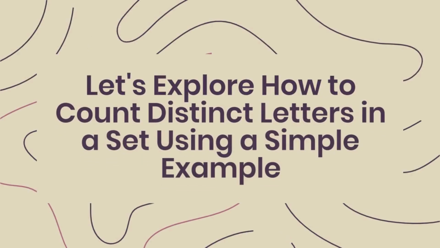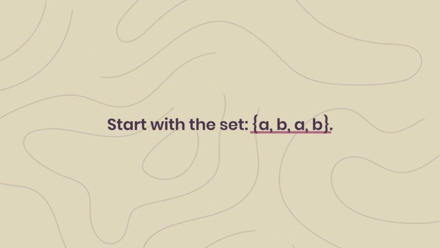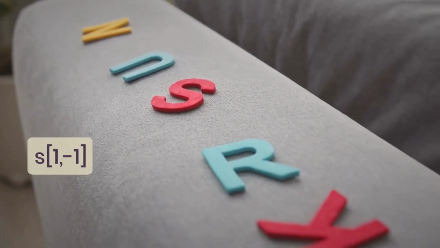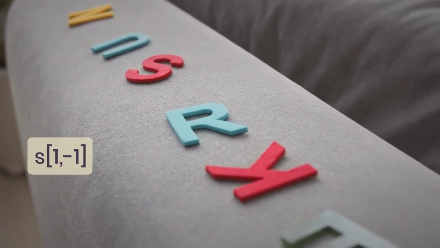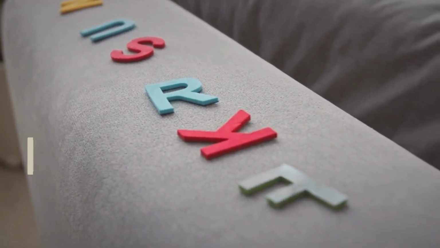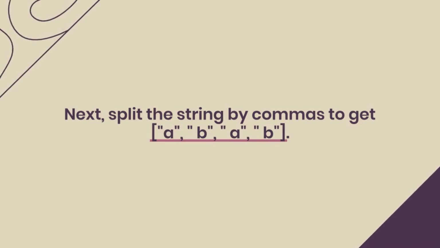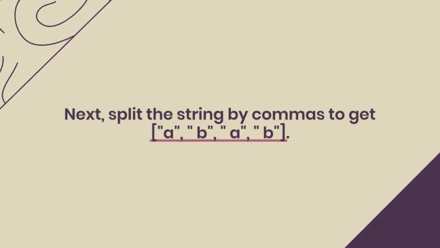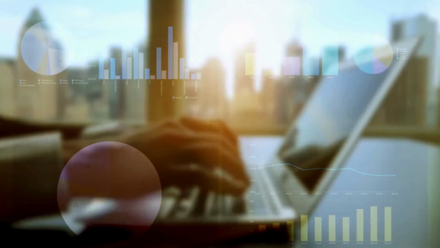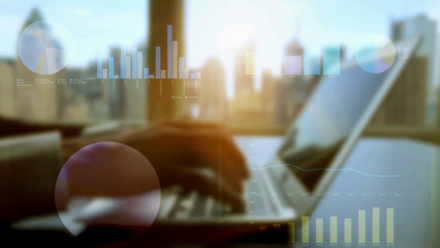Let's explore how to count distinct letters in a set using a simple example. Start with the set {A, B, A, B}. First, remove the brackets using slicing [1:-1], resulting in A, B, A, B. Next, split the string by commas to get A, B, A, B. Use .strip to remove spaces, yielding